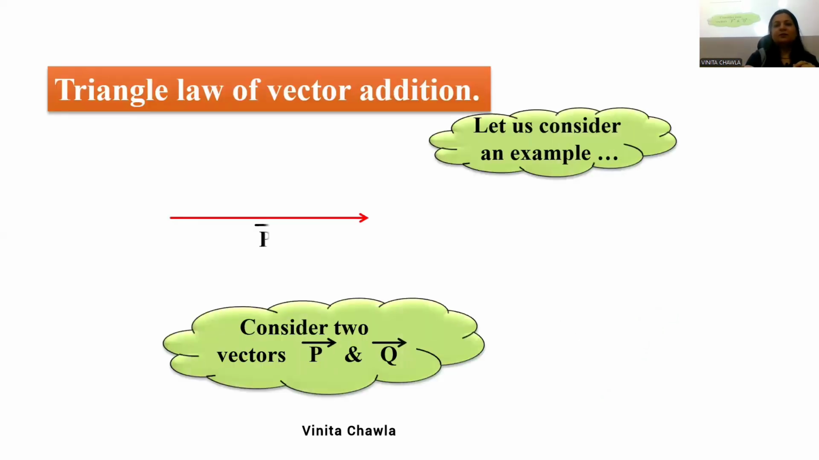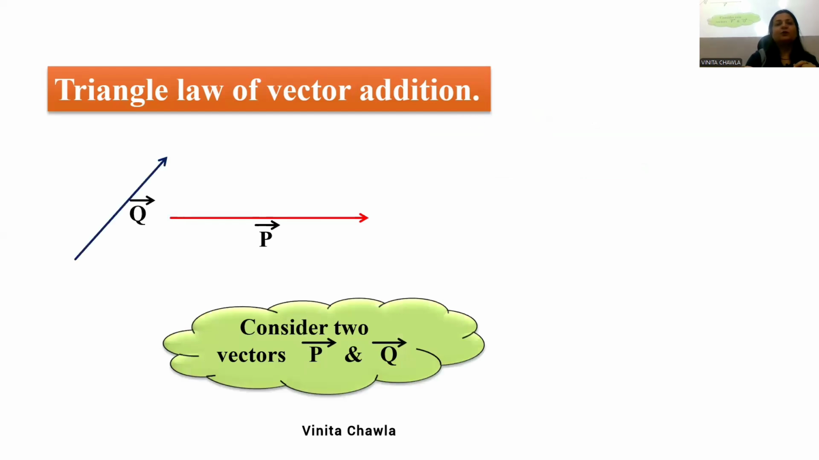So let's consider an example. Let's consider 2 vectors, vector P and vector Q. Now we have to add these 2 vectors. How will we add these 2 vectors? First we'll place these vectors,